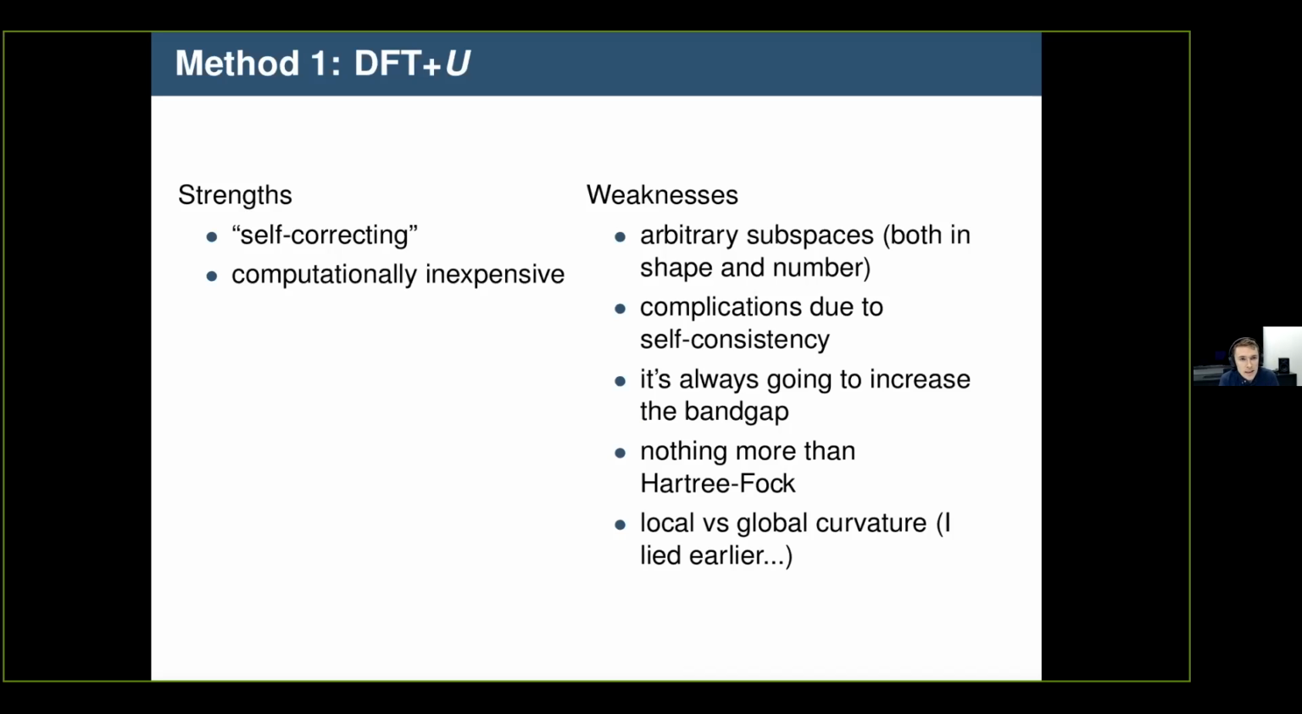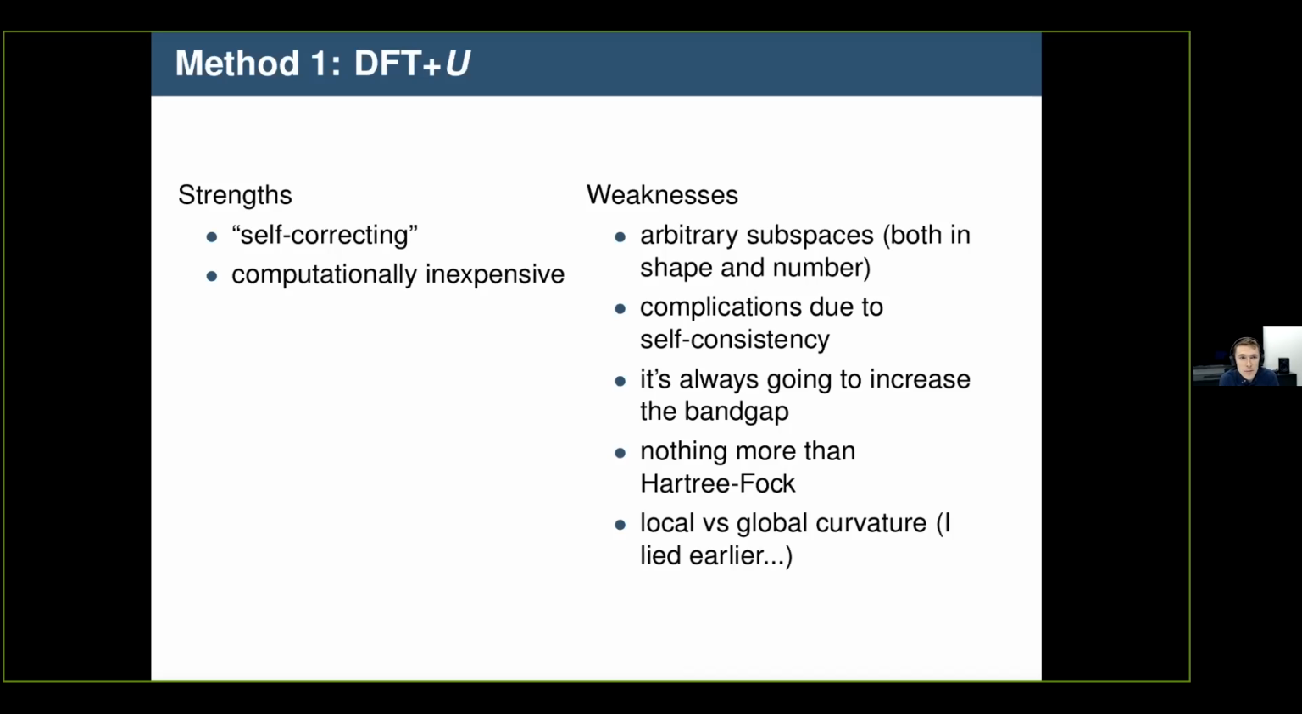However, there are a number of drawbacks with DFT+U. Some of these I've touched on already. The first is to do with the nature of where and to what orbitals you apply the +U correction. Before, I was saying we could apply it to the manganese 3d subspace, and then we applied it to the oxygen 2p subspace. And the question is, where do you stop? It's somewhat arbitrary. And so in terms of the number of subspaces that you apply it to, and also those orbitals,